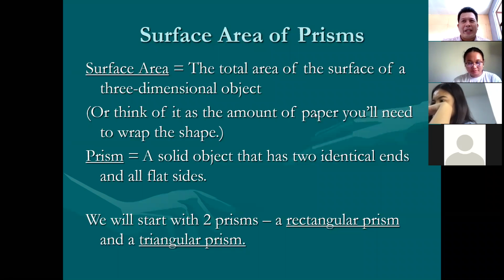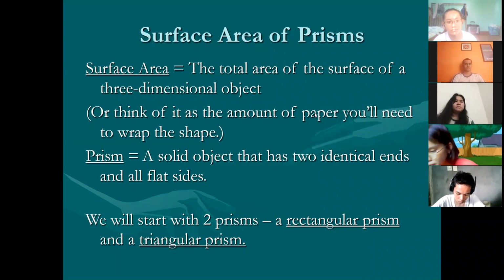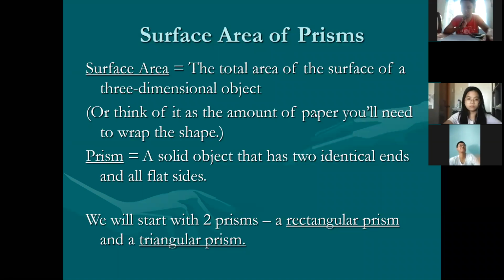Noted. Thank you, Rain, for your answer. Let me ask Kent Buliser to represent the grade 9. What is your stand? Is a cube a prism or not? I'm not sure of my answer, sir, but I think it's not a prism, sir. Why? It's because the definition states that a solid object has 2 identical ends, and I think the cube has 3. Yeah, I think it has 3, sir. But it fits the definition. It has all flat sides, sir.